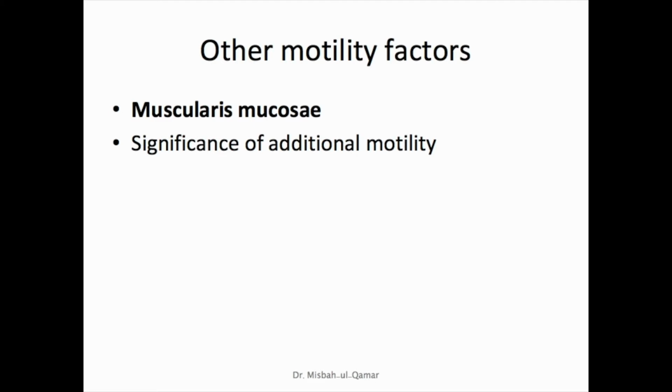Well, another motility factor of small intestine are the movements caused by muscularis mucosae and muscle fibers of villi. These movements are initiated by local nervous reflexes in submucosal nerve plexus. And stimulant for this motility is again chyme in the small intestine. This additional motility is significant because